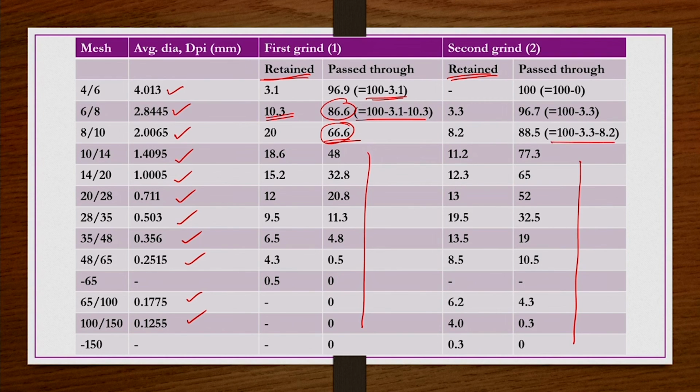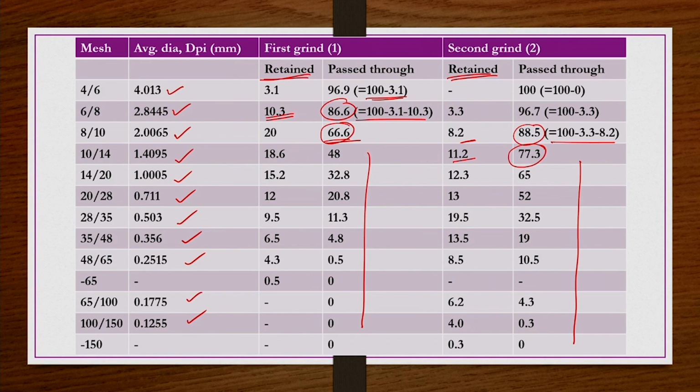Similarly, next case, 8.2 is only being retained on 8 mesh, that means 100 minus 3.3 minus 8.2 is the amount that is passed through, that is 88.5% is passing through the 8 mesh. Like that here 77.3, that is 100 minus 3.3 minus 8.2 minus 11.2, that is 77.3% of material is passing